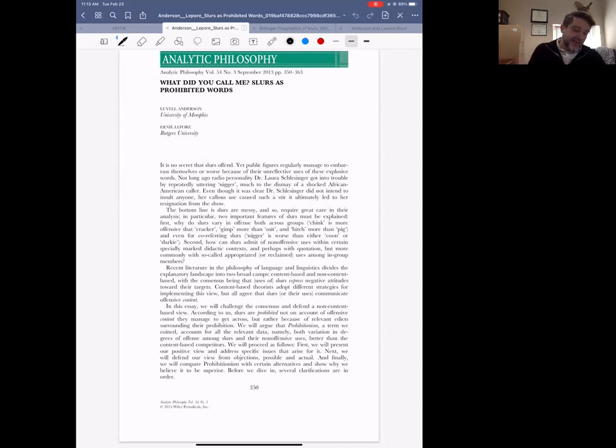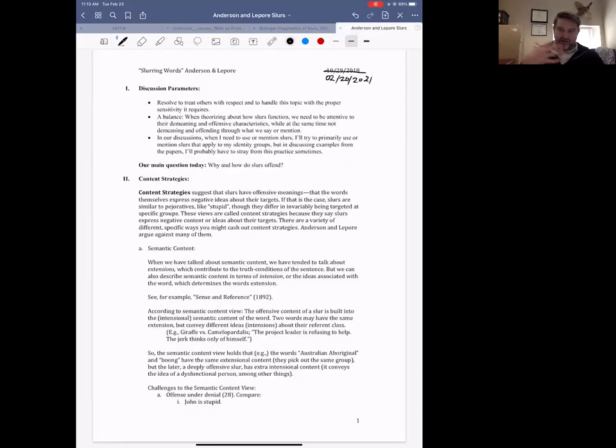And the one that this handout is based on is a little bit more in depth, a little bit longer. I'm going to put it up as an optional reading so you can look at it if you're interested. But I think this handout gives you a nice idea of what some of the positions in conceptual space are, and we're going to talk through those positions. I think that'll be a good ground for understanding where Anderson and Lepore are coming from, and also where Bollinger is coming from in her article.